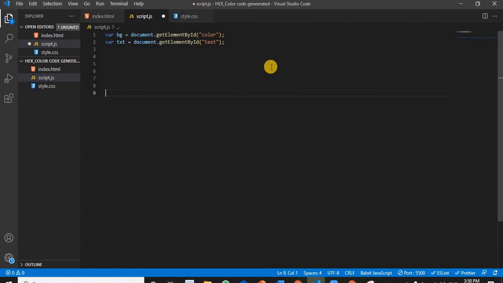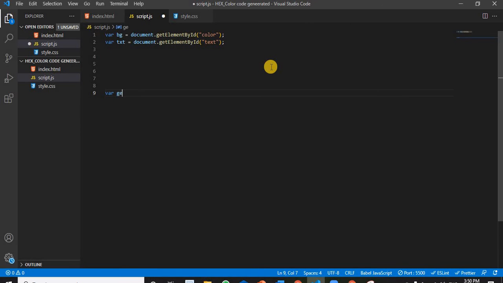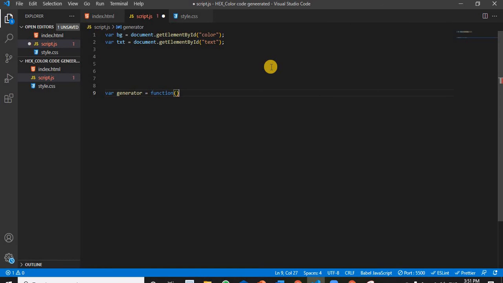Now we have to create a function for the generator. When we click our button, it will perform some functionality, so for that we have to use variable generator. We have to create a generator function. Generator is equal to function, and now we have to use another variable, and that is new color. For example, new color is equal to